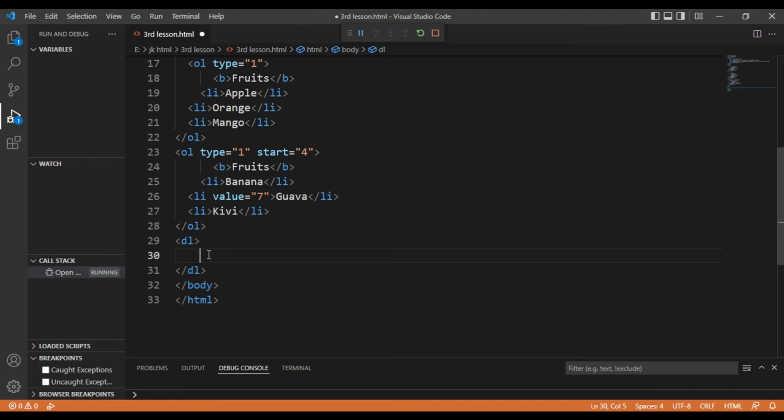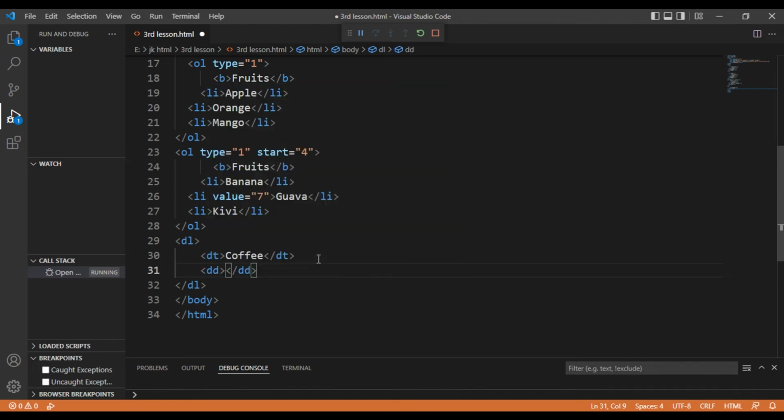So description lists always have data terms, and data terms means that you have described them. So these are data terms. For example, dt data term, I will type here coffee, and now I will describe this term. So I will describe, so dd,